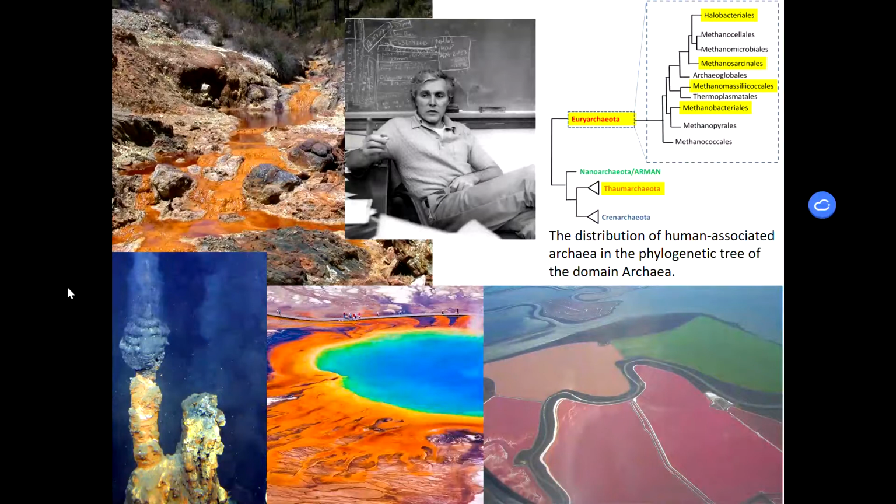Most of you are probably wondering why I have this picture of this guy on here. This is Carl Woese. He was the person who discovered that archaea was its own domain. He discovered this in 1977 when he figured out a way to use molecular phylogenetics, so being able to look at the molecular basis of different organisms to help us determine how they're related to each other. He is the father of archaea, and they say that his paper that came out shook the biological world the most since Darwin's Origin of Species came out. So he's kind of a really big deal.